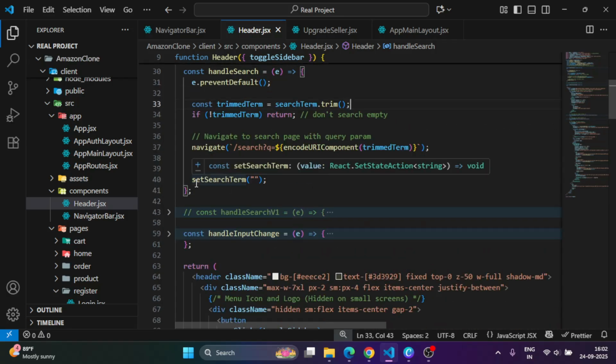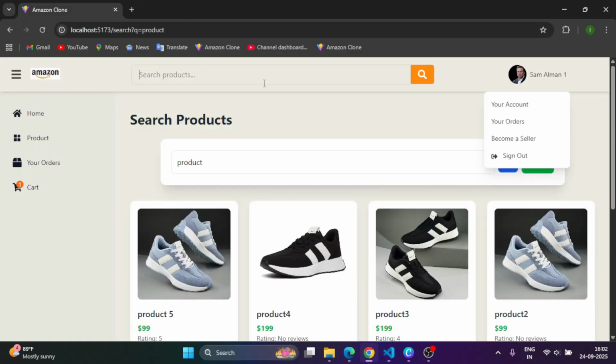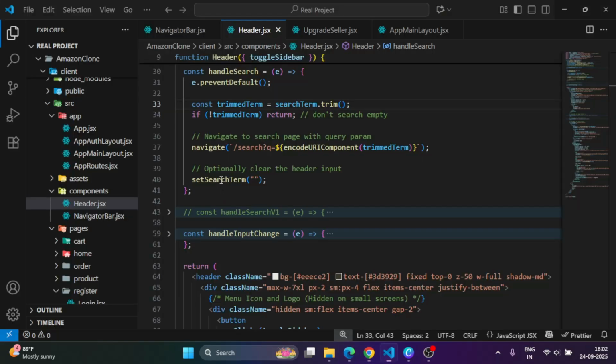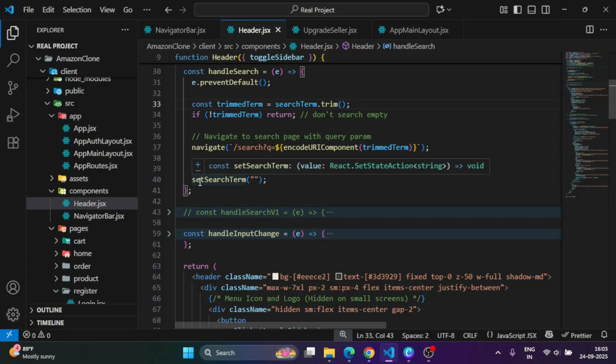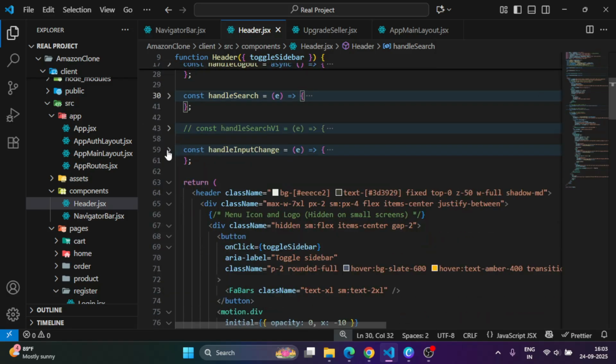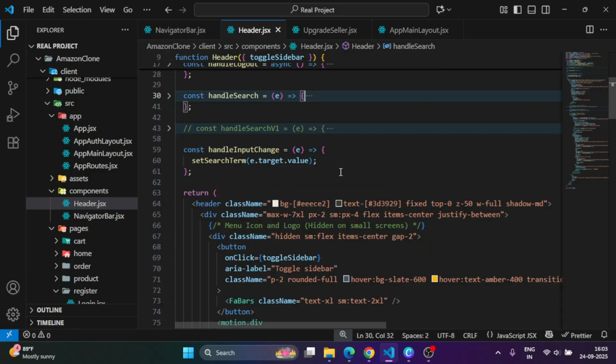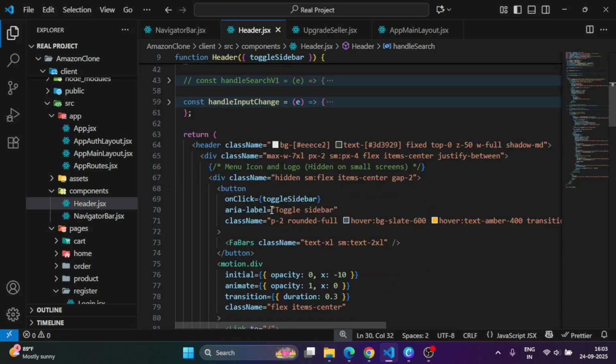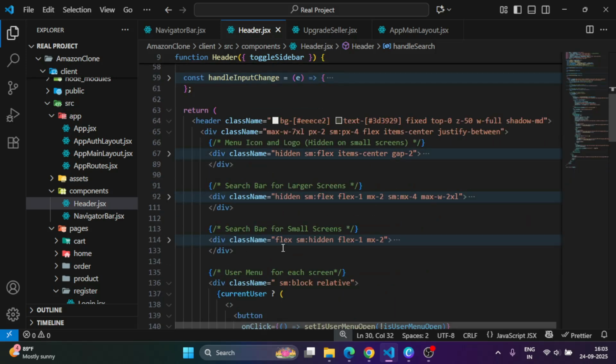And then if you want to clean this search bar, you can do it here. When it completes, then you just clean that search bar. Okay, all right. And then handleInputChange, it's very easy. Just grab that value from the target, and then